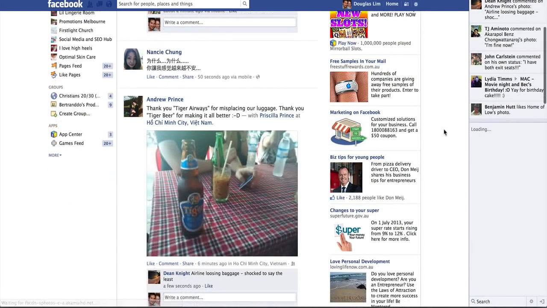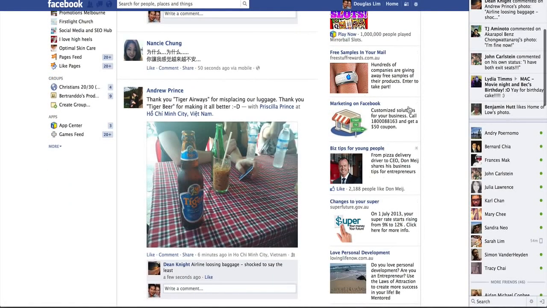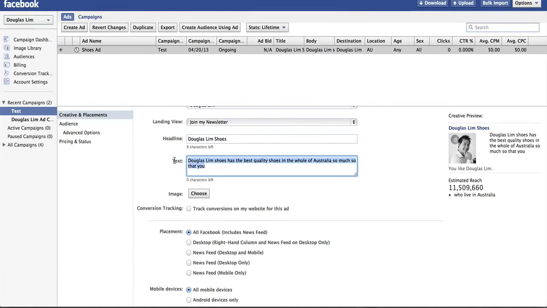Now you'll notice on the right-hand side, with so much writing, it all mixes in together. It's very, very hard to distinguish your ad from another ad. So it's very, very important to keep it simple. So I like to do something like click like if you love shoes,